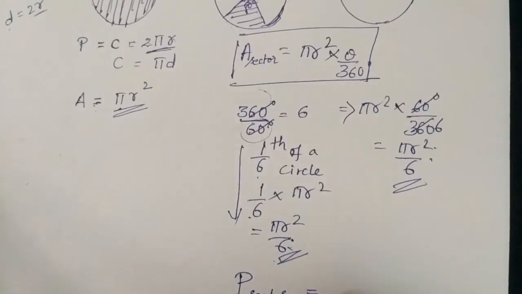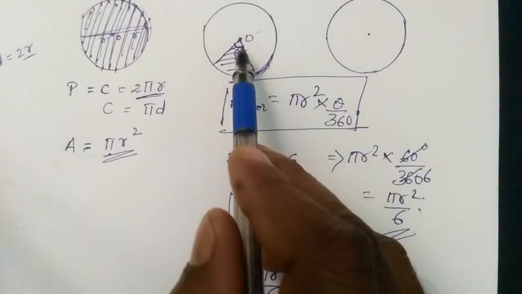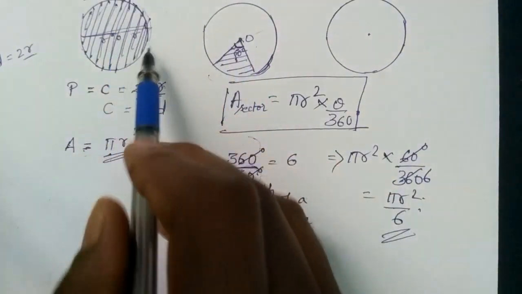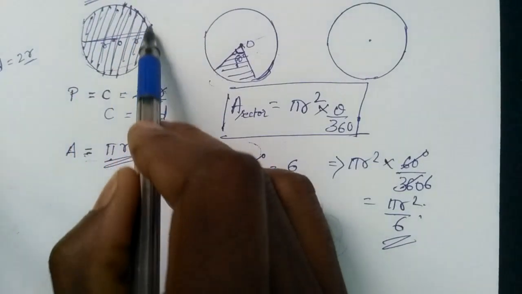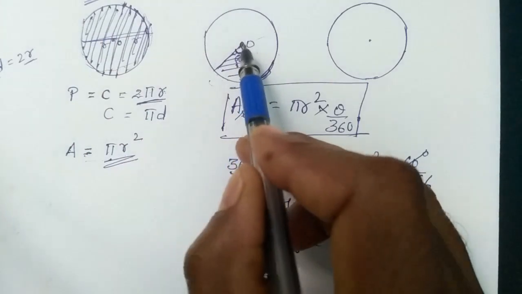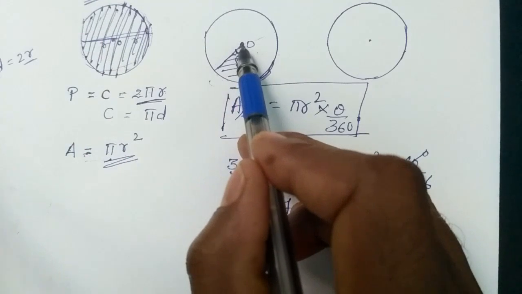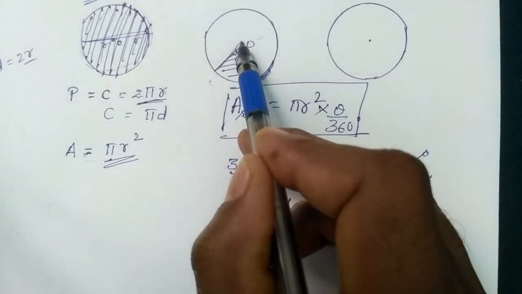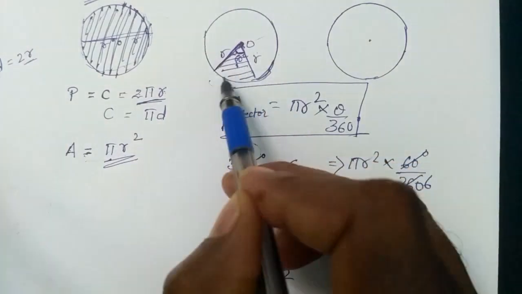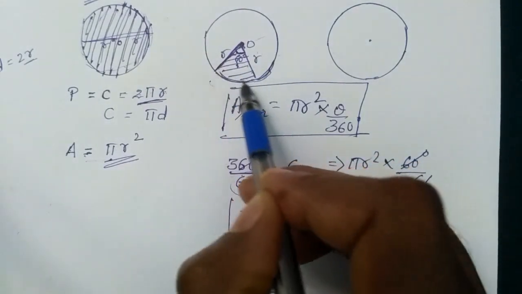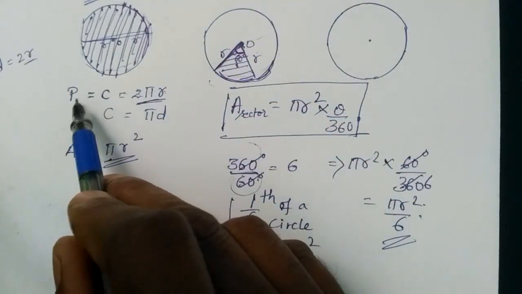So perimeter of the sector, how to find out? In the same way, perimeter means the complete boundary. To find the perimeter of a full circle, you need to walk around the circle. Similarly, to find the perimeter of the given sector, you have to walk around the boundary. You start from here and first walk like this, on a straight line. This is indicated by R, and this is also R. This is a part of the ring, and the complete ring is called the perimeter.